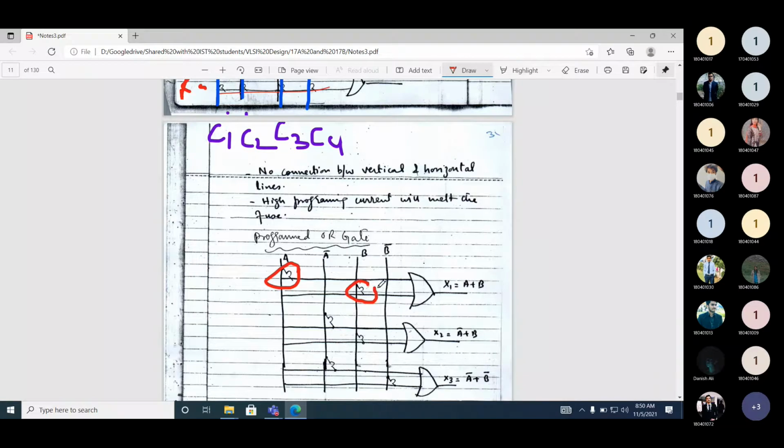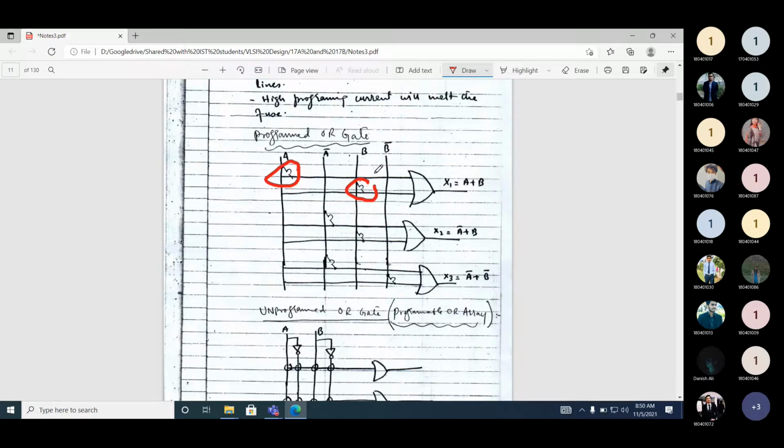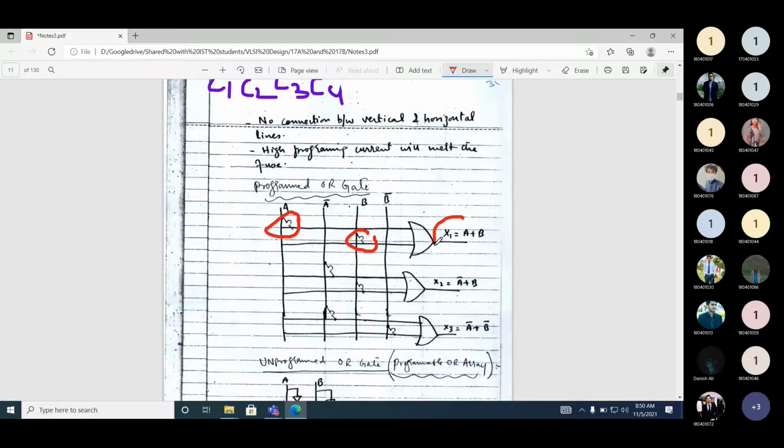And all of the remaining switches are blown out. So this device is programmed or unprogrammed? This is programmed. This device is now programmed. And if you look here, what function will be implemented? X1, A or B. A or B.